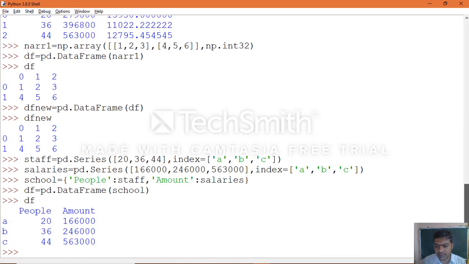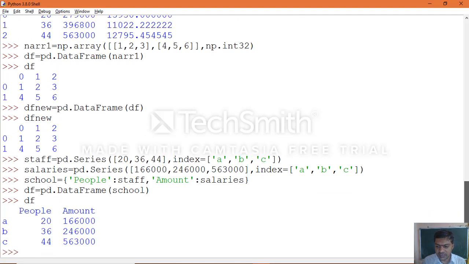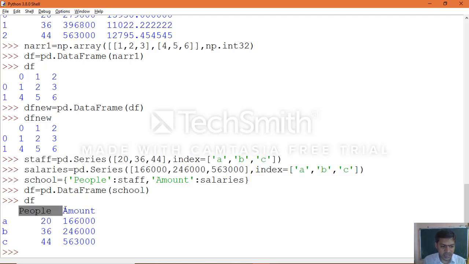If you specify the index within the series object itself, then you see the output properly. So we specified the index within the series objects itself, that becomes the row label index. And as usual, we can see the columns of the dictionary keys as column names.